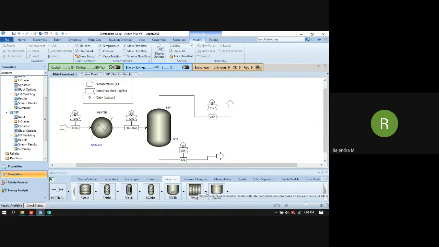For the rest of the other reactors, kinetic data is not required to specify. Okay. For CSTR, plug flow, and batch reactor, kinetic data is required. Okay.